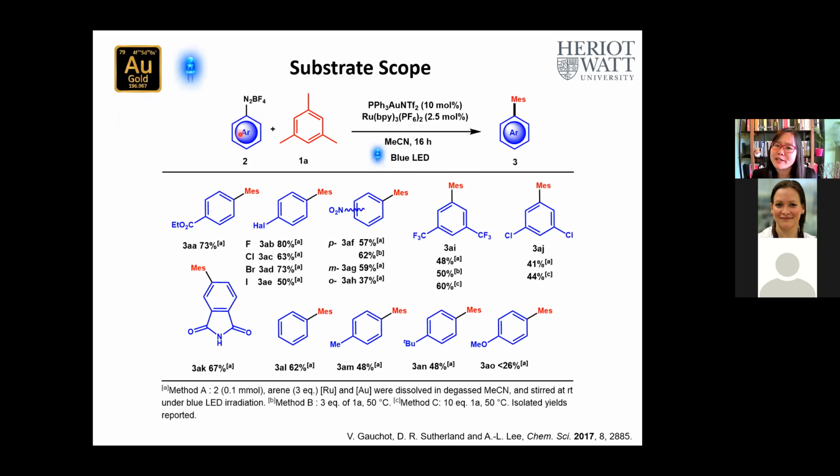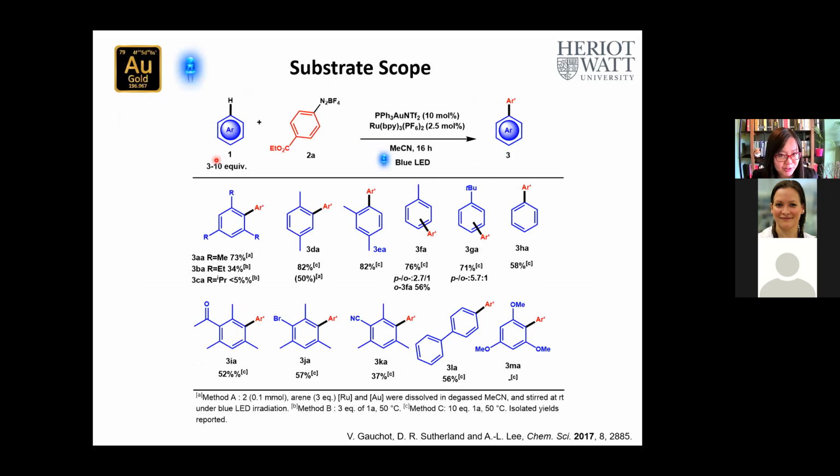The diazonium pretty much worked the way we wanted. There's no surprises there, so I won't go into it in much detail. But the arene, that's the one that's varied, and ours was no exception. You will see in the whole host of substrates here that they are all overall electron rich, and that's expected from the mechanism. But on top of that, we needed it to be slightly electron rich. It's very regioselective, so that's good. I'll talk a bit about that in a second. You can have withdrawing groups, so that's not a problem. It's just that the electronics overall of the arene has to be slightly electron rich for the auration to take